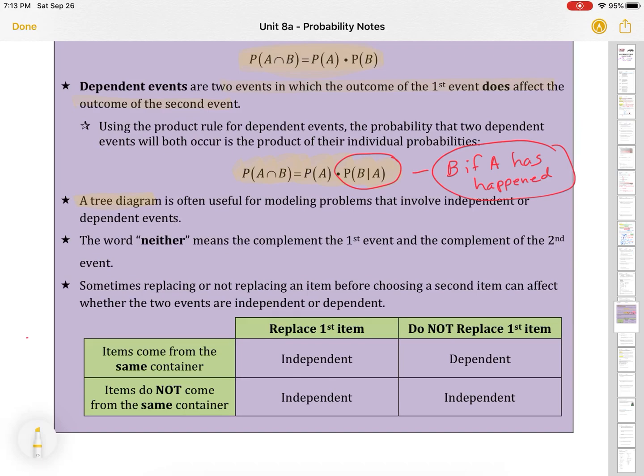So we write that a little differently, and it's going to affect our probability. We can use a tree diagram. Those are very handy to help us explain or map out our sample space in terms of what's happening. The word neither means the complement, right? It's the things that are not what we want. So neither means the complement of the first event and the complement of the second event. Sometimes replace